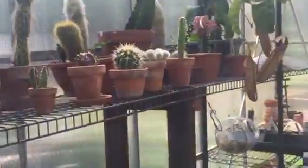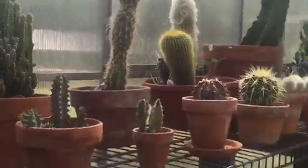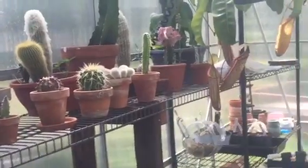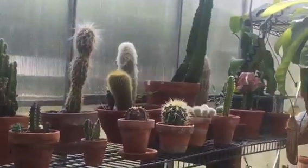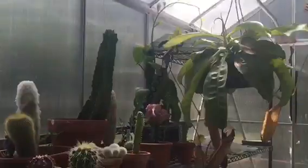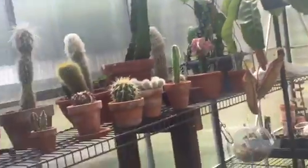Okay, so now we're in what is now the cacti succulent greenhouse. Turning the fan off because we don't need that on right now. Yeah, it was an orchid greenhouse, but that got pretty costly. It was very difficult to heat and keep the humidity high in my climate. So now it's become the succulent and the cacti house. And I've got all my cacti right here, and I do have a Nepenthes Miranda that's just having a summer vacation in here. And then if we move over, we've got